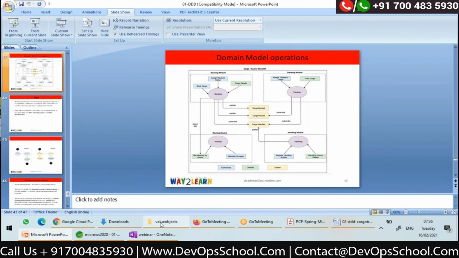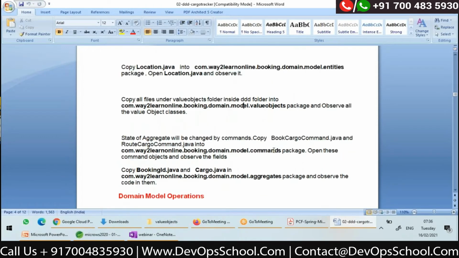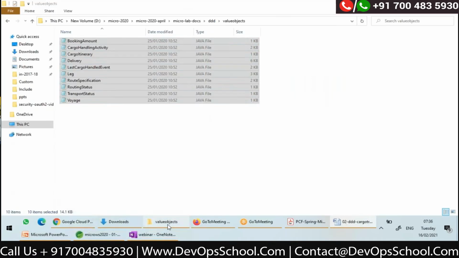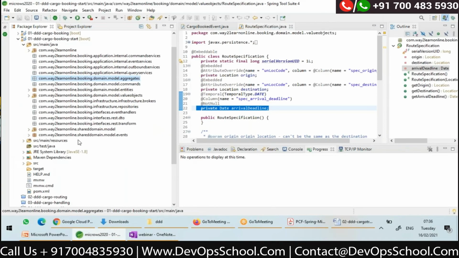So next step is I'll identify here commands and copy paste into this one. So there are two commands, book cargo command, route cargo command. I'll explain you, don't worry. So here book cargo command is an object, route cargo command is an object. I'll copy paste the commands here.